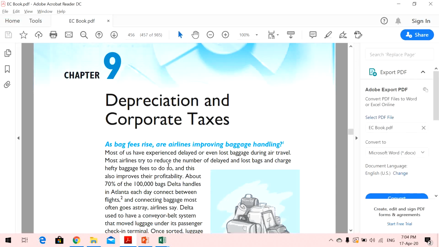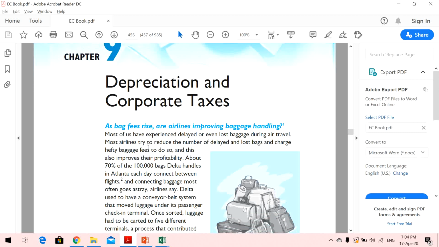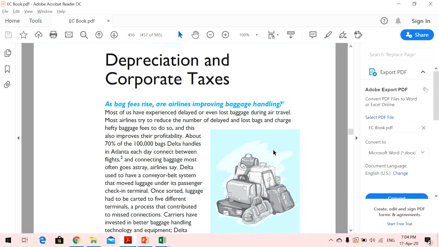Welcome back, students, to our next chapter, which is chapter number 9. This chapter talks about depreciation and corporate taxes. Now, there is an opening story given in this chapter about,